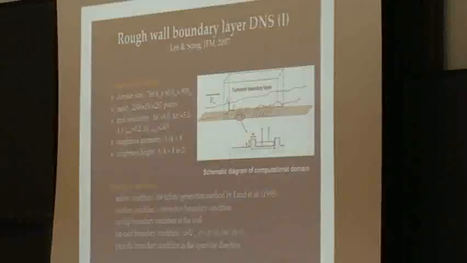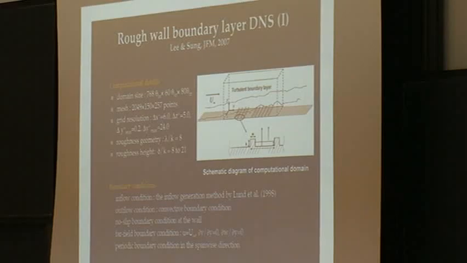And I think we need to perhaps have DNS to answer this. The problem with DNS is, of course, that you have problems reproducing the same high Reynolds numbers as we have in the experiments, and also producing a DNS for boundary layers seems to be an order of magnitude more difficult than doing it for channel flows.